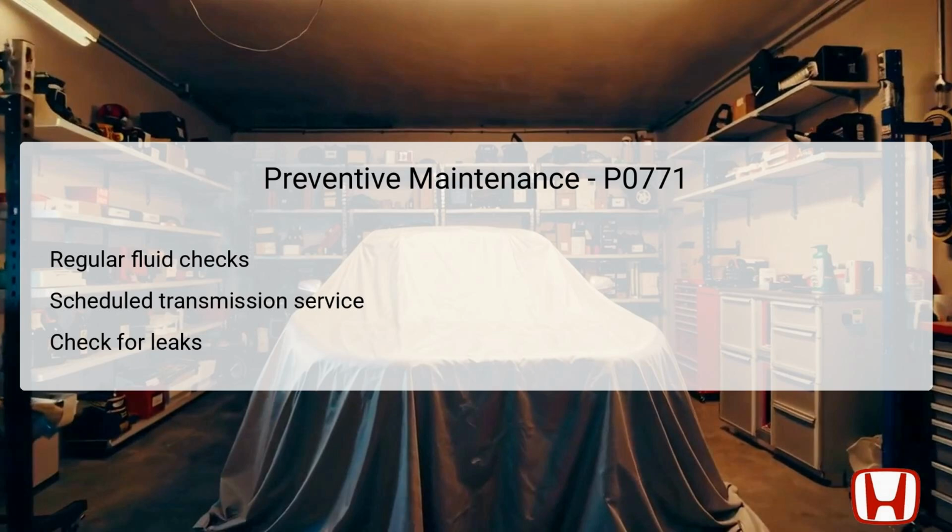Additionally, adhering to scheduled transmission service intervals will aid in maintaining fluid cleanliness and overall transmission health. By replacing ATF and filters at designated intervals, you mitigate risks of debris accumulation affecting solenoid performance. These maintenance steps contribute not only to prolonging the lifespan of the transmission, but also enhancing fluid functionality and vehicle